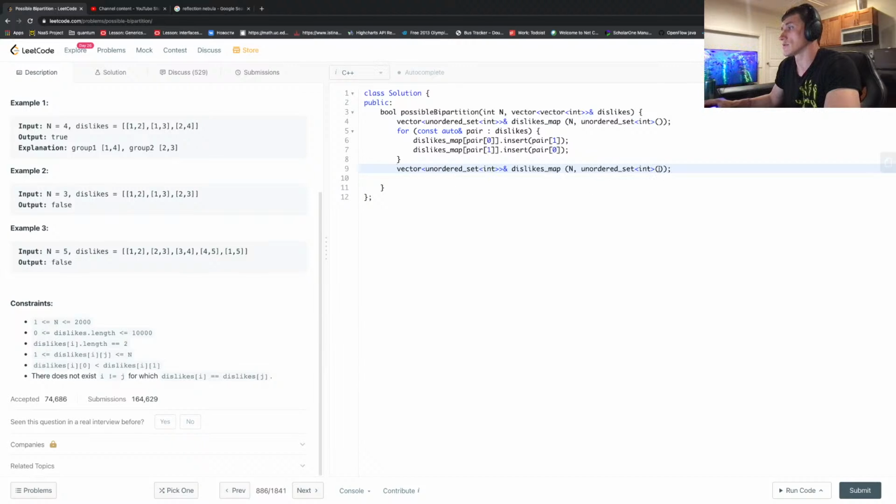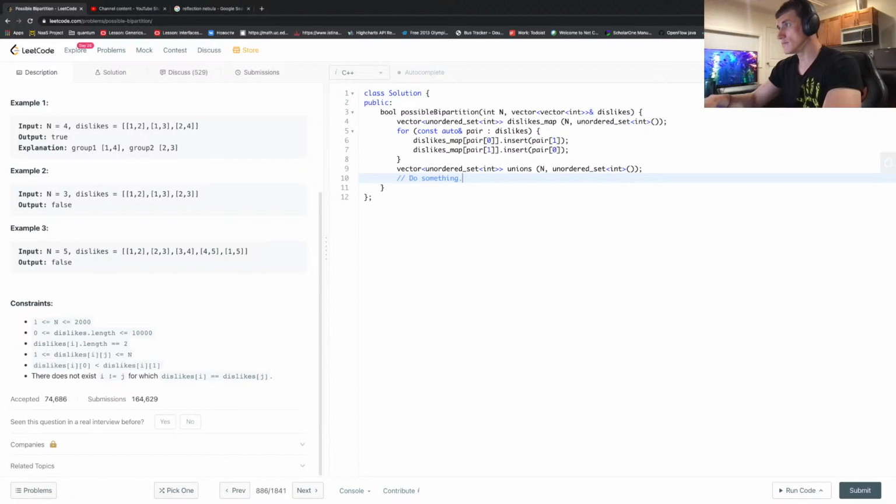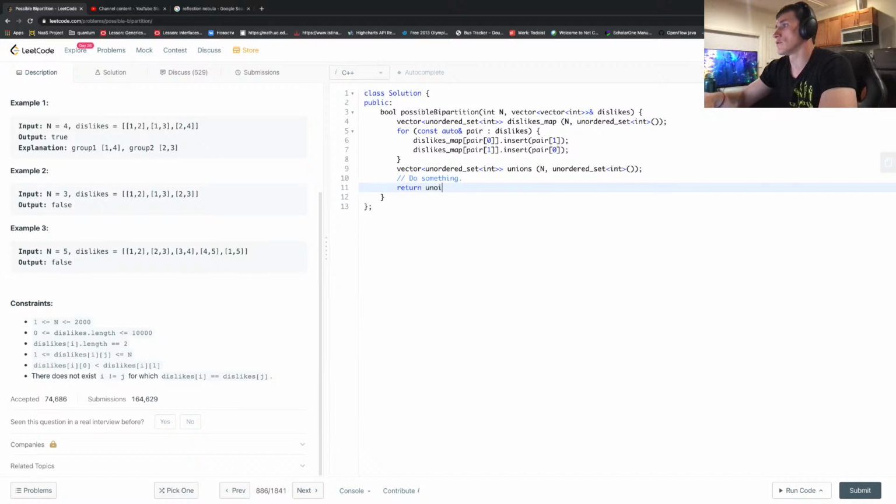It's another set, and this will be, yeah, we don't need this one here. This will be what? This will be unions. And do something, and then return unions size equals 2,